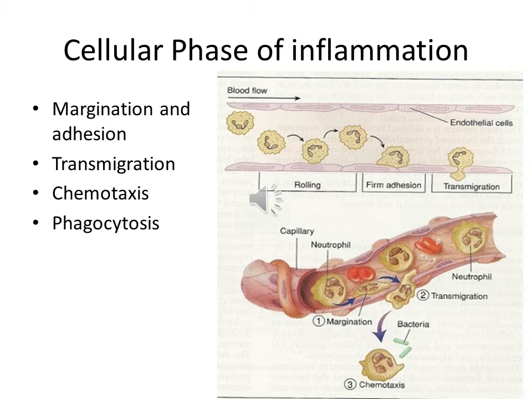Chemotaxis occurs because the leukocytes will be attracted to the area of injury or infection by chemicals that are secreted by the injured cells and by the cells of the immune system, such as macrophages. The leukocytes will follow the concentration gradient to the source of the chemicals. In the last step, macrophages, monocytes, and neutrophils are activated to engulf microbes and cellular debris by the process of